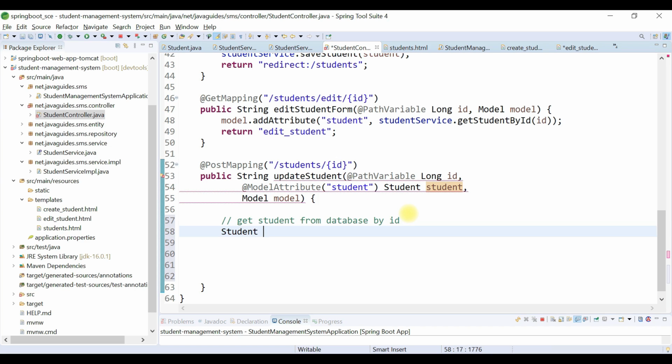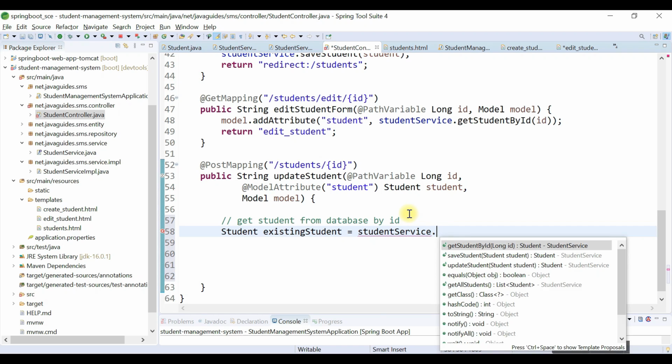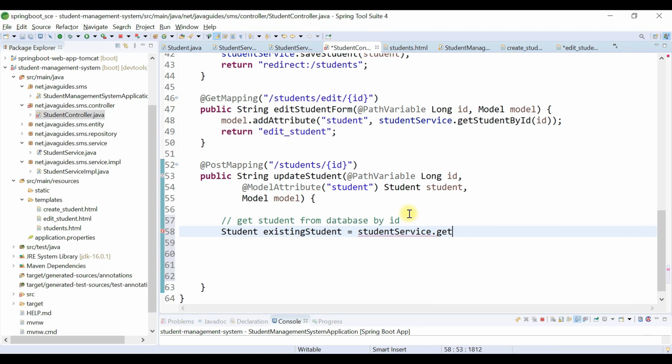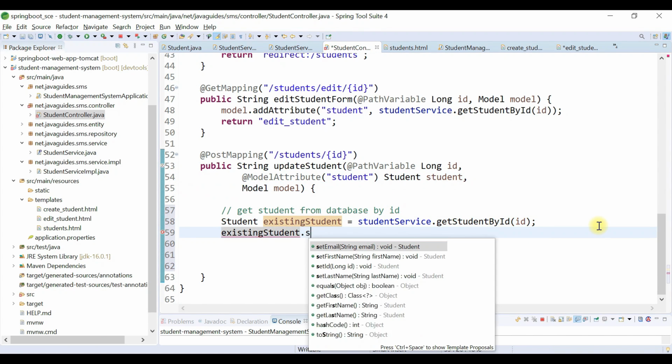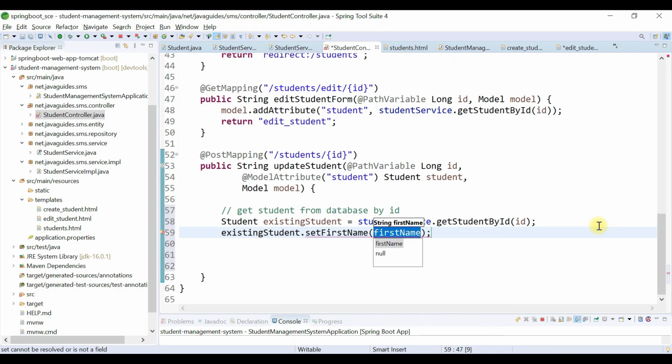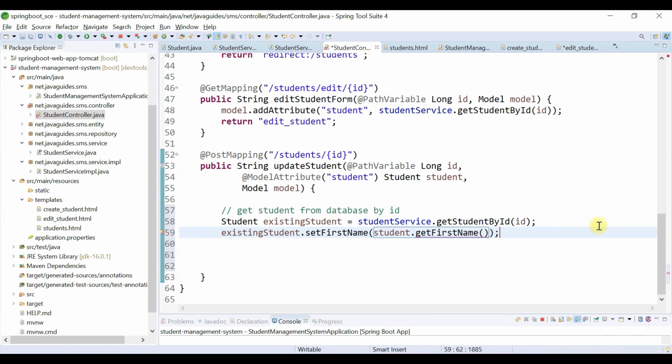Student, and call it existing student. We're going to use student service here, and it has the get student by id method, and pass the id here. So once we get the existing student from the database, then we're going to simply update its first name, and similarly let's update its last name.